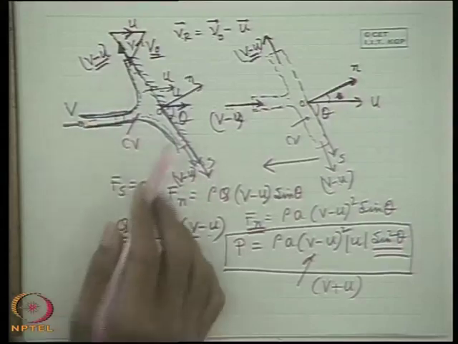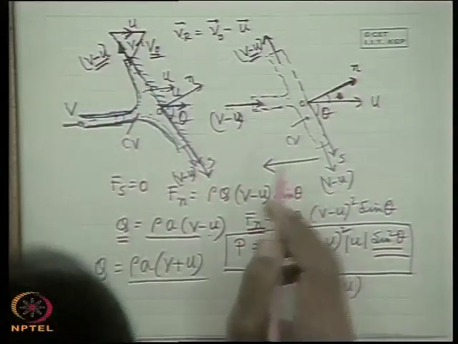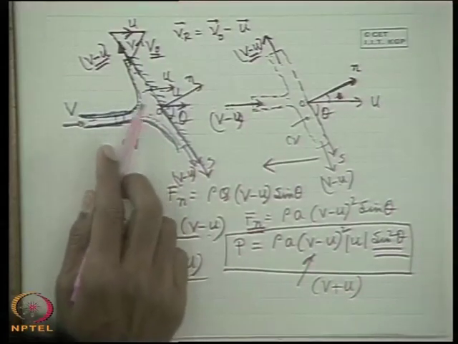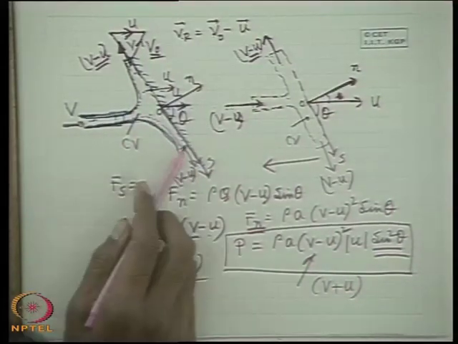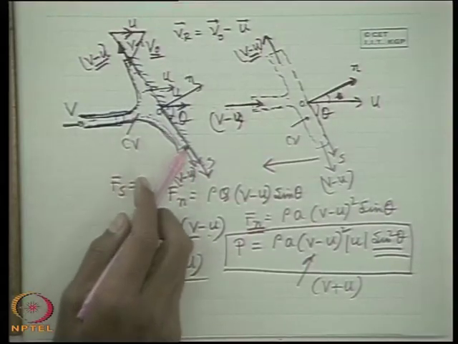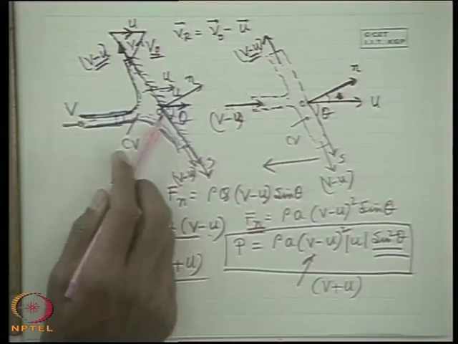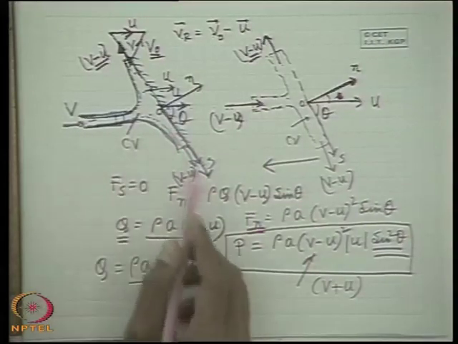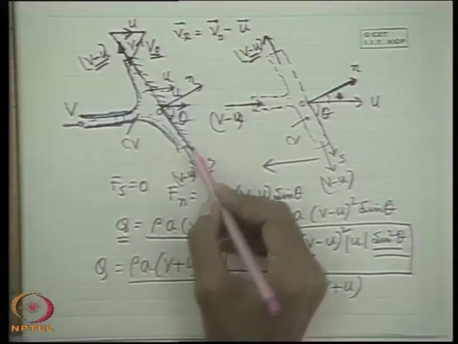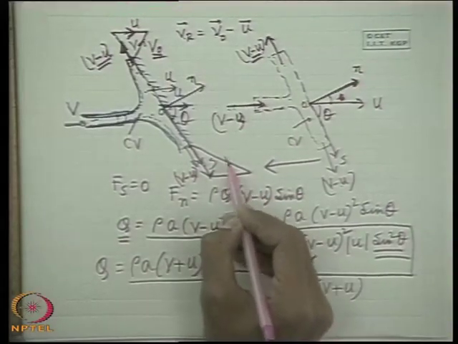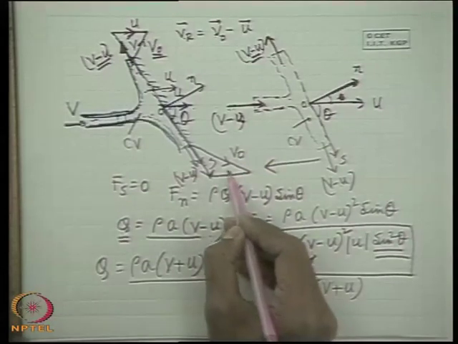the plate. You will have to remember throughout afterwards in your turbo machines course also, that when the fluid flows along a moving surface, the relative velocity of the fluid coming out from the surface is parallel to the direction of the surface, because the fluid should glide along the surface with respect to the surface. Therefore, this is the V minus u direction, and I can make a V0 here, and this is u.